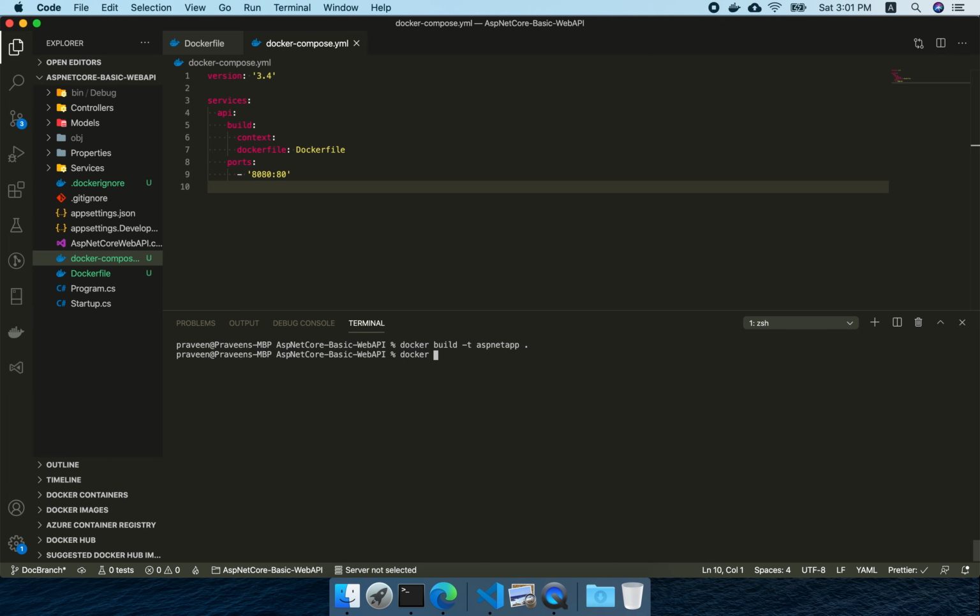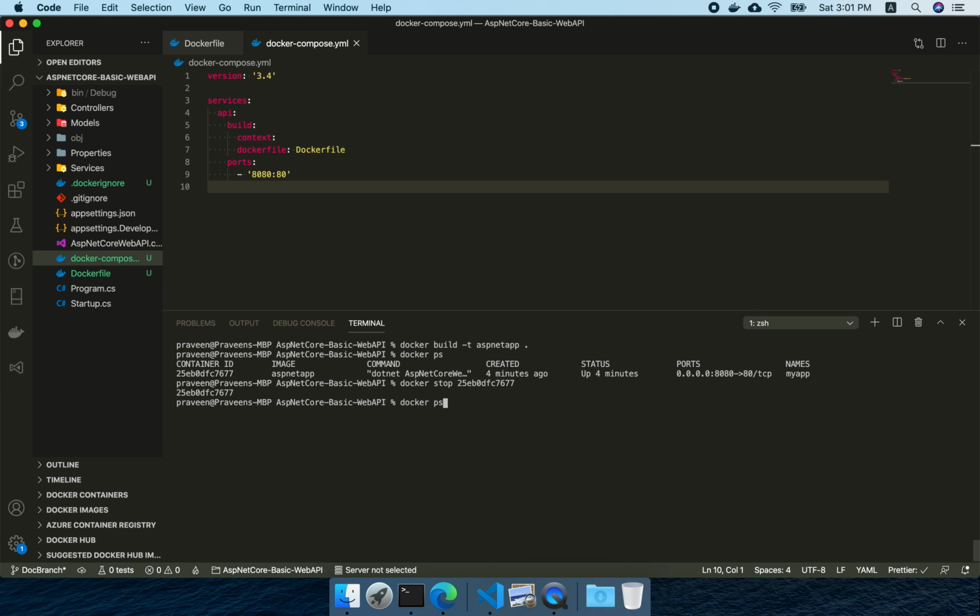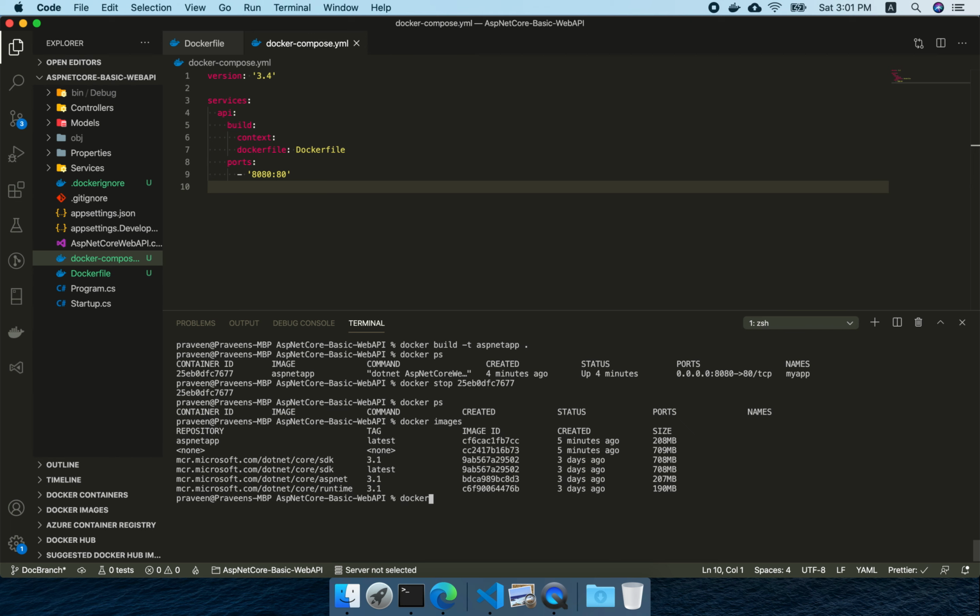Before this, I will clear this Docker setup so that we can execute that. So it is stop, and I will remove the image also so that we can check again whether it is creating or not.